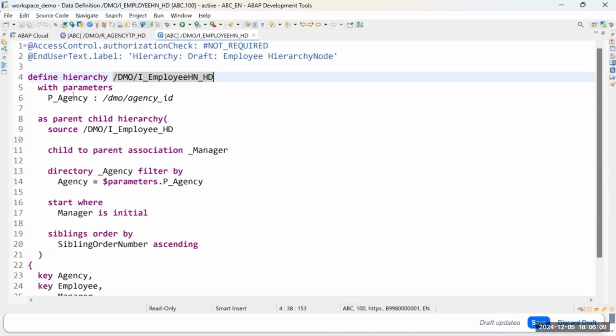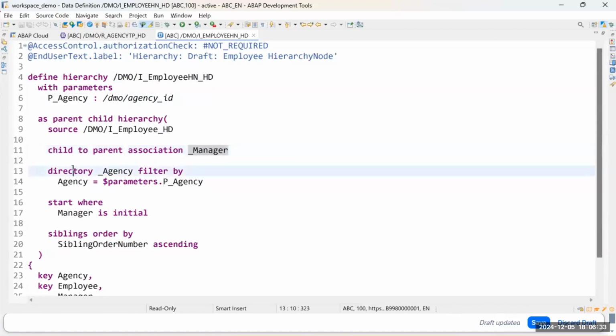Basically it also indicates, as you can see, that it uses a parameter for the agency filtering. So we talk about so-called directories in this manner here. We have the view that has the self-association that is being used here. We have the manager association, highlighting the actual association in order to get the parent.